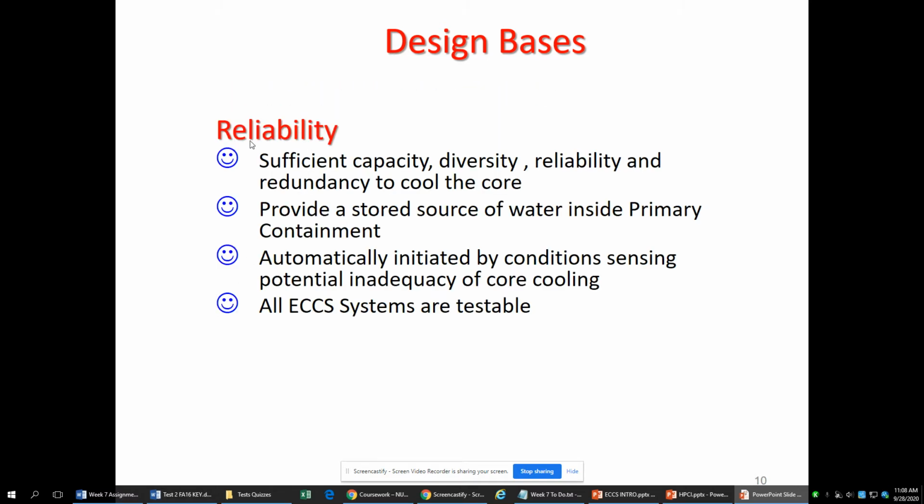So the law requires us to have the reliability. We need capacity, we need diversity, and reliability to redundantly cool the core. And we want to make sure that we have water inside primary containment, which is that torus. And we also have a backup to the torus called the condensate storage tank. So a tank that's sitting outside, just full of water again, ready for us to spray on the reactor as